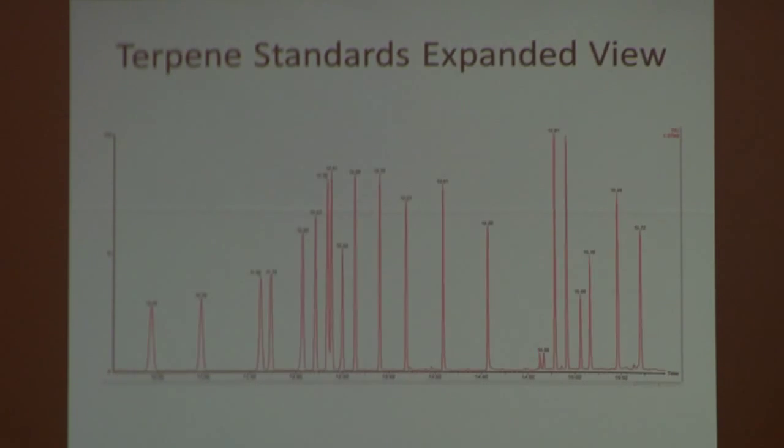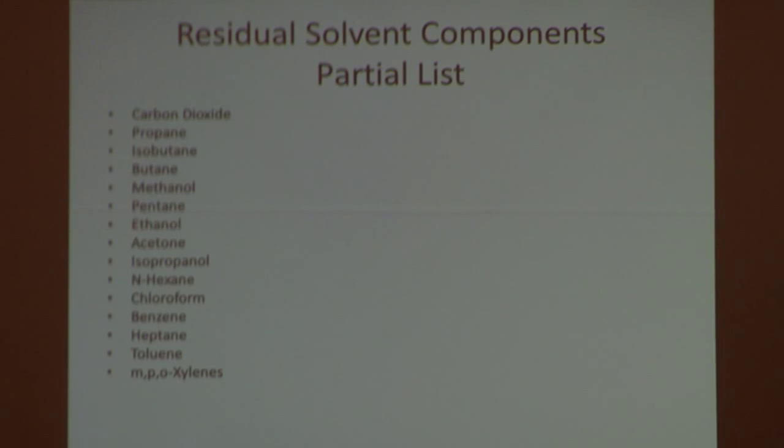Okay, so if we expand that a little bit larger, here we have a critical pair here that might be compromised if we were to speed this analysis up too much. Okay. Enter yet another